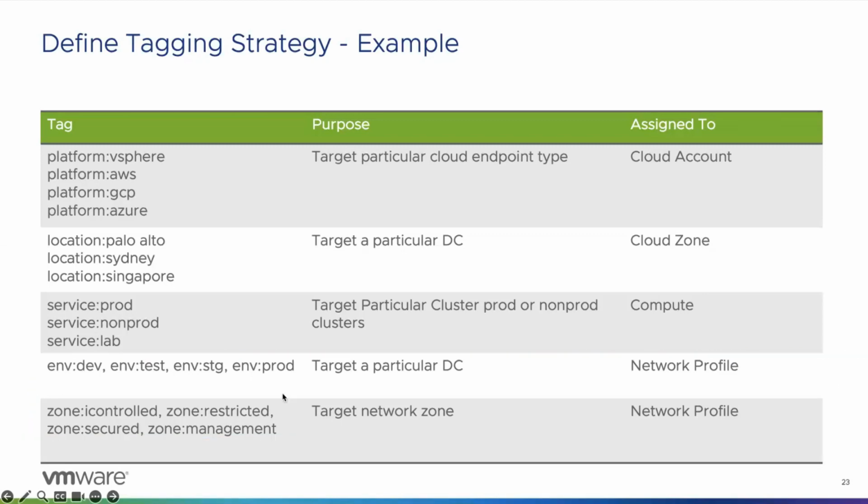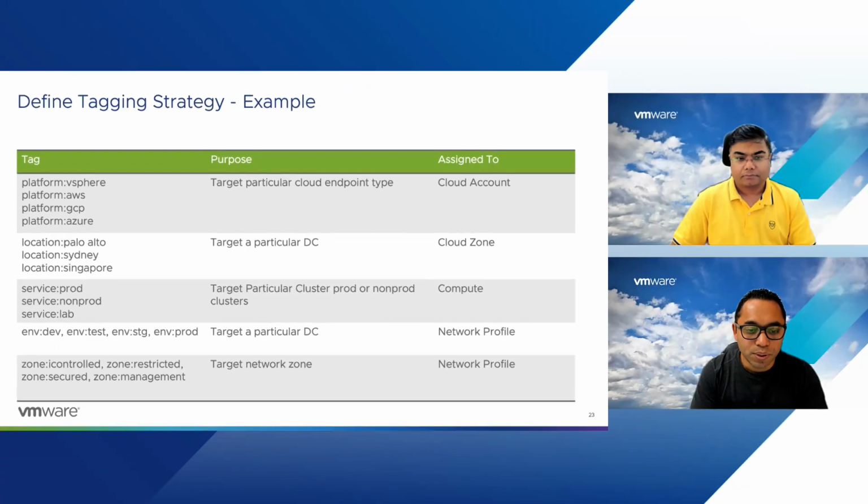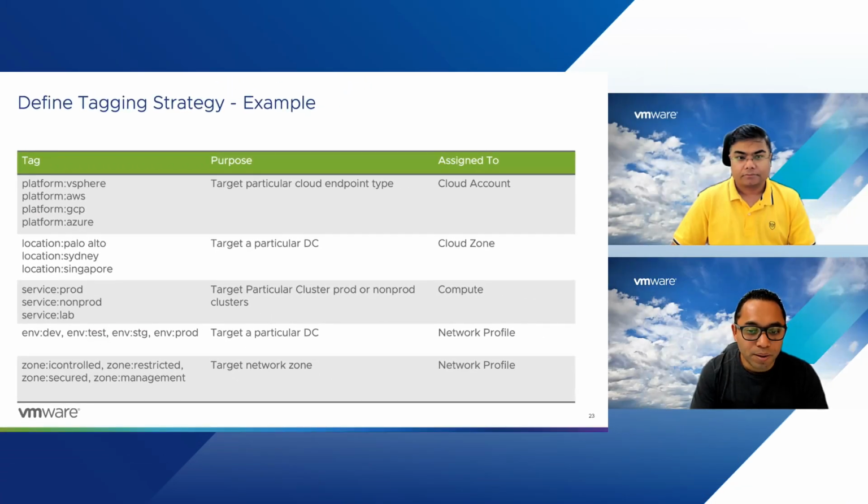So basically, like you said, whoever is in the team needs to make sure that they are following the same convention and using the same tag in each environment. That's super important, right? Right. Before even implementing your cloud solution, you should have a tagging strategy in mind, because that drives the placement. If you do not have tagging, how do you decide where to go for all these placements? Super important.